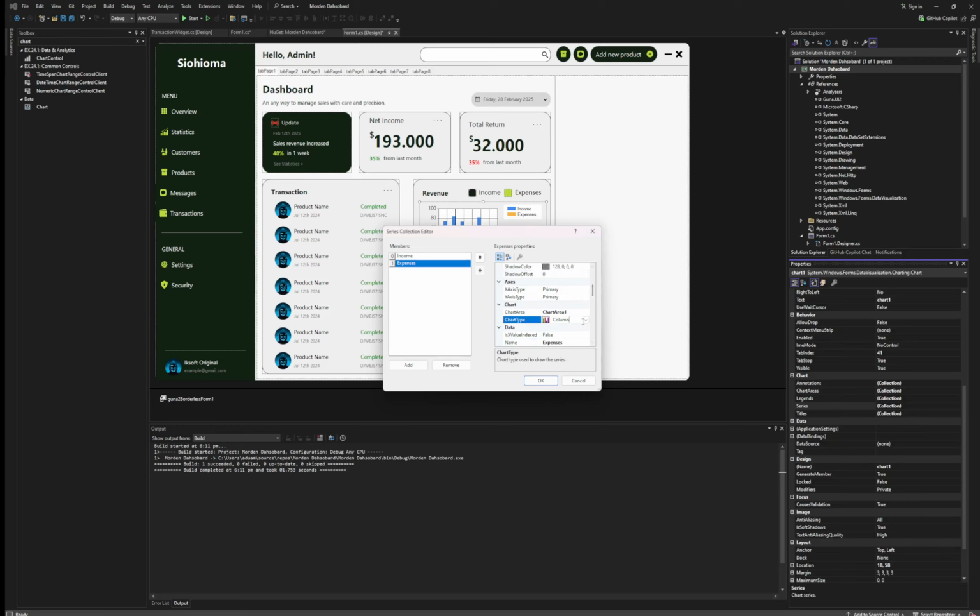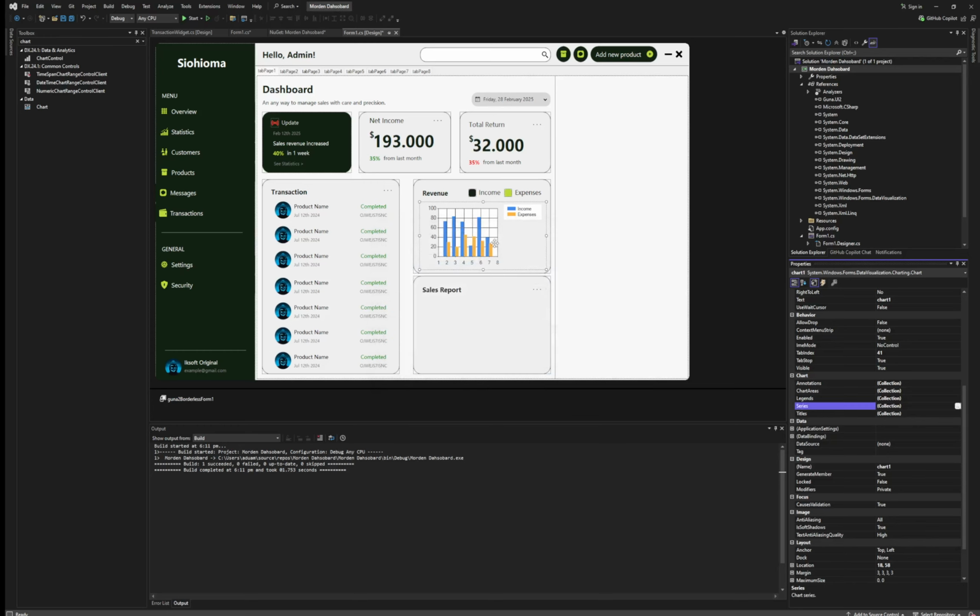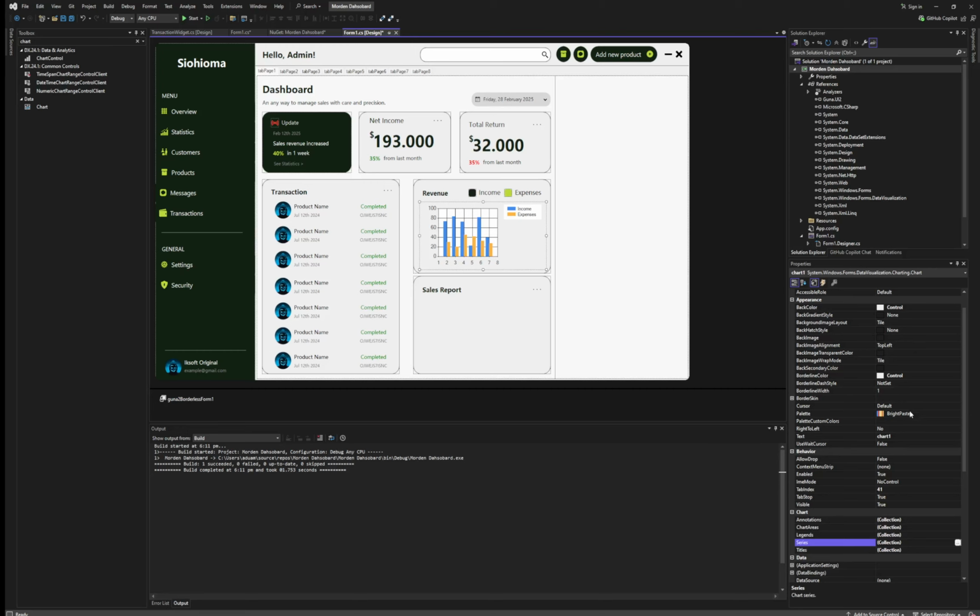So let's go to the chart type. We have all these kinds of chart types. So ours is going to be like this guy, really good. Or we could probably use these guys. I think the column is good. And yeah, so click on OK, and then we have this. But we should be able to set the colors of it. So the palette colors, we could probably choose like this color. We can choose a color corresponding to this. I don't know, but maybe we should have a color corresponding